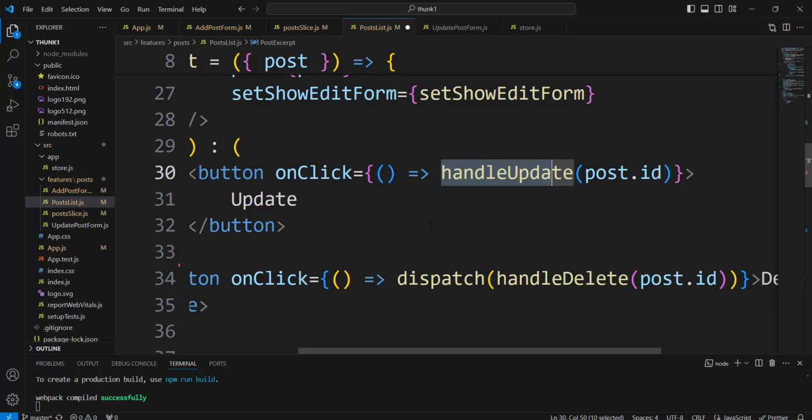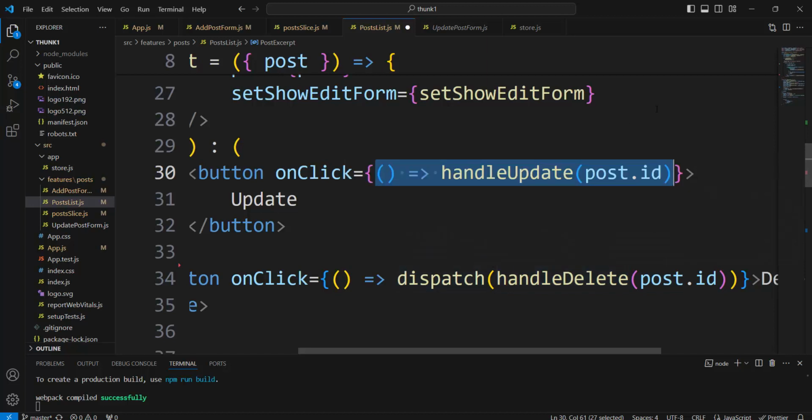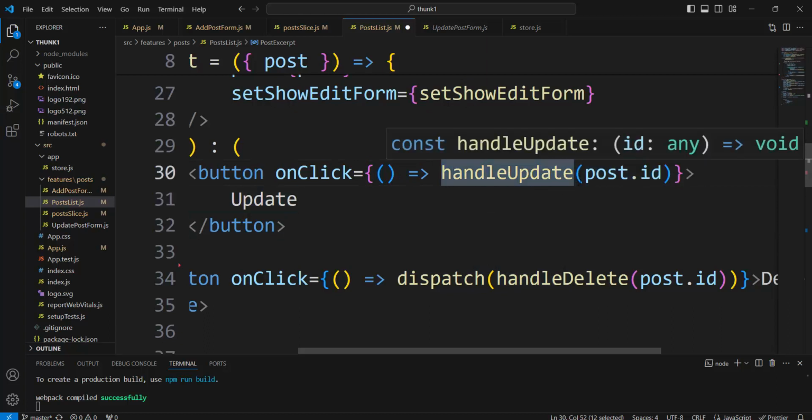Because in the initial rendering there would be the definition of the arrow function, but not the calling of handle update. It would be only, we can say, the declaring of this function. But if instead of the arrow function we have handle update with post ID directly, it